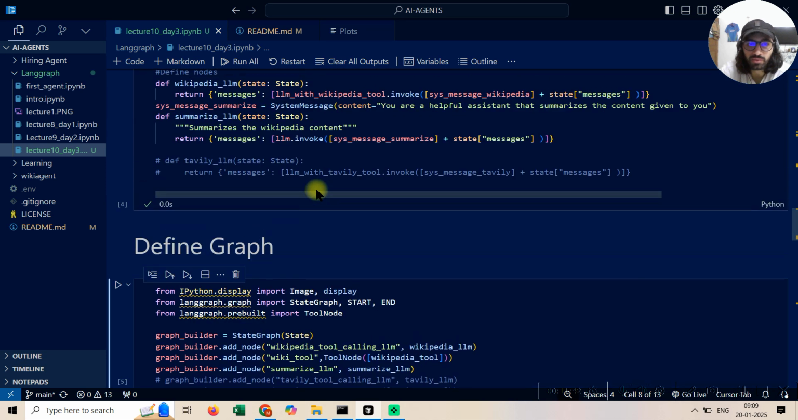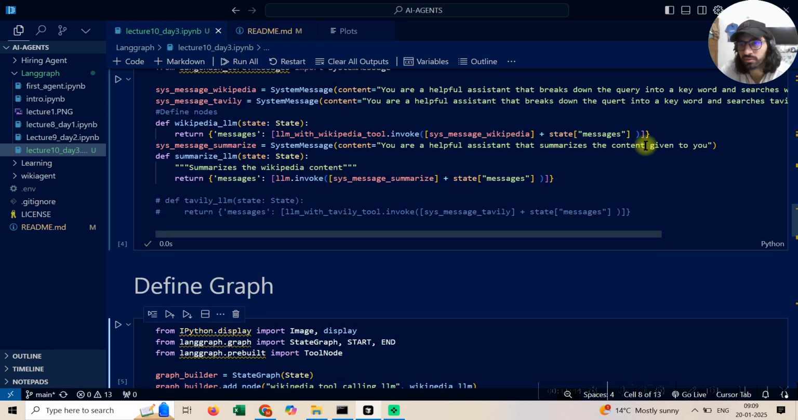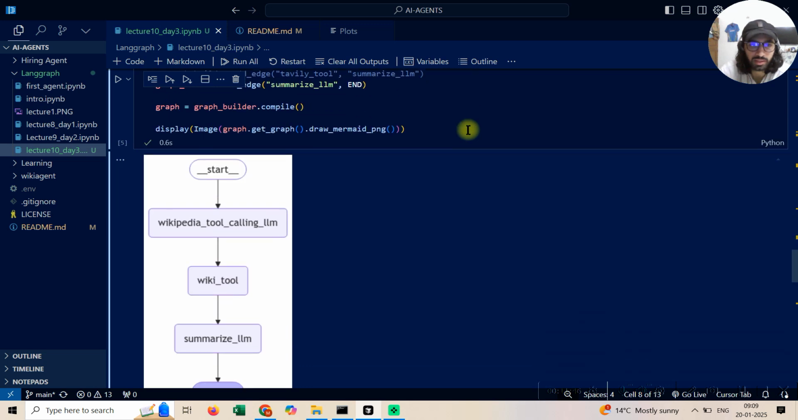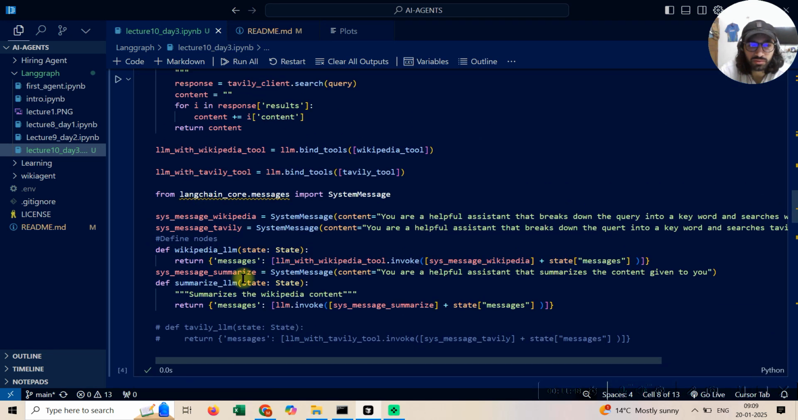What is the summarize LLM doing? The summarize LLM is, guys, you're a helpful assistant that summarizes content for you. I think you can understand, right? And everywhere, guys, I've used the same state which I created in the class. Every state is of the same data type, state. Okay,